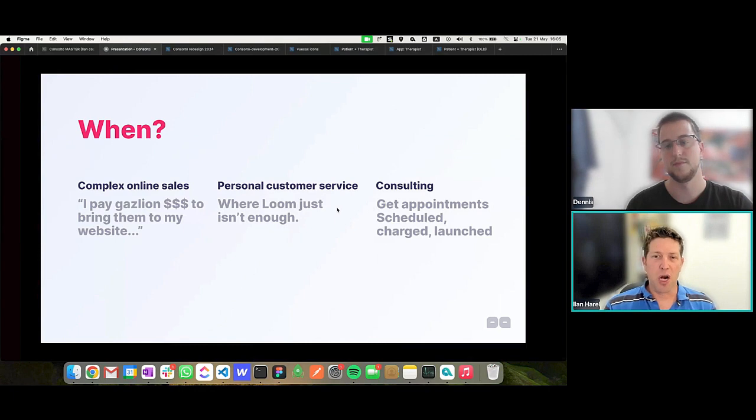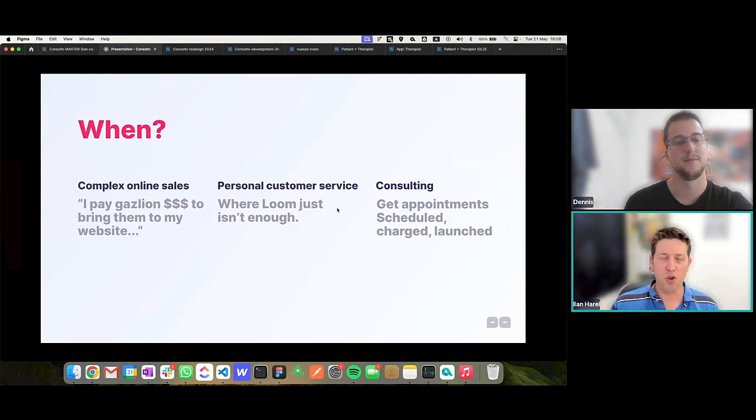And the third use case is appointment consulting: get appointments scheduled, charged, and launched with one solution. That's incredibly valuable, because think about the following. Get a meeting booked with one tool, then launch with another tool, then charge money with a third tool, and then save all the data with a fourth tool.